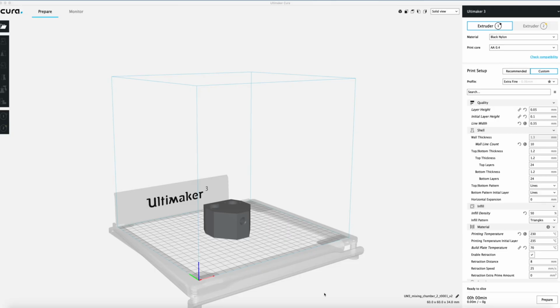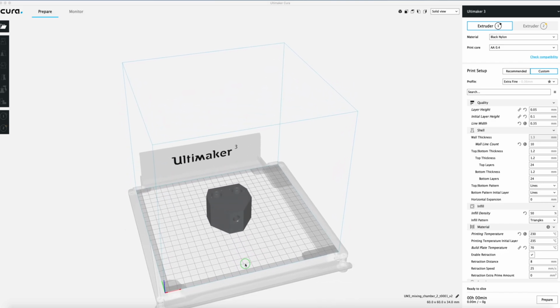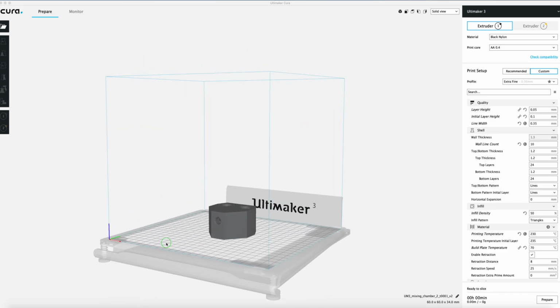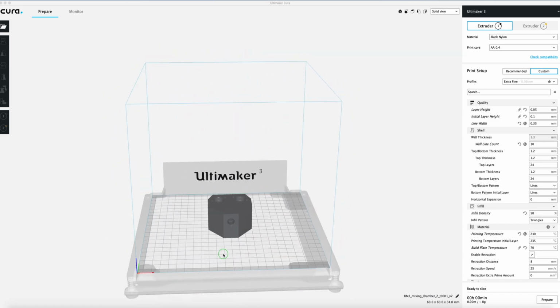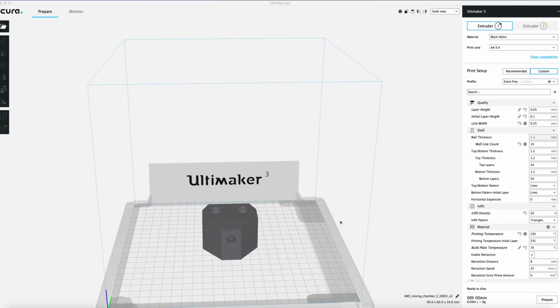Hi everyone! In this video I will show you how to change the print settings only at certain places of a component. The component has already been imported into Cura and the print settings are preset on the right. The material is black nylon extruded with the Ultimaker print core